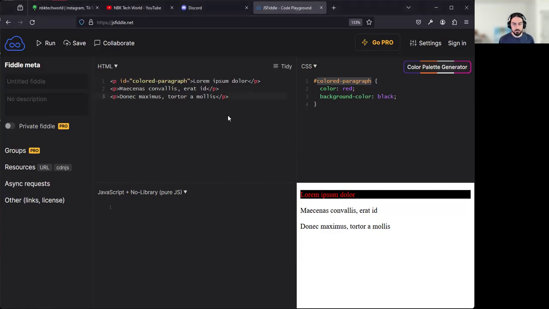So now, how about I want to change the style for the second and the third paragraphs. Maybe I'll make them color green. And how would I go about doing that? Well, if I try doing P here, color green,